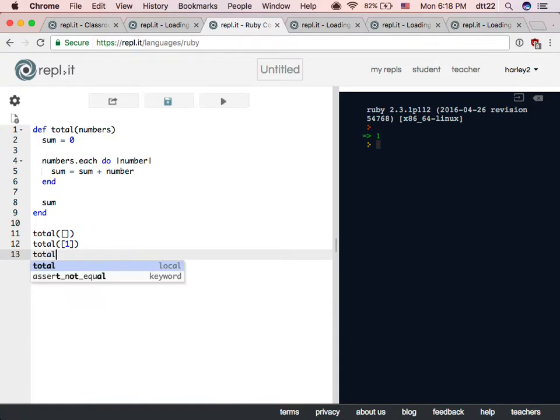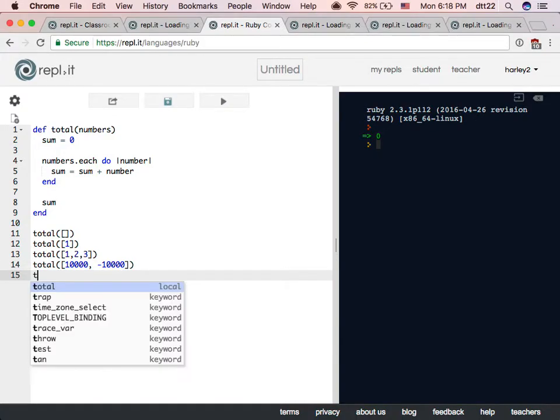So what's the total of 1? How do you find the total of 1, 2, 3? What is the result? 6. What is the total of 10,000 and minus 10,000 here? 0. Right?